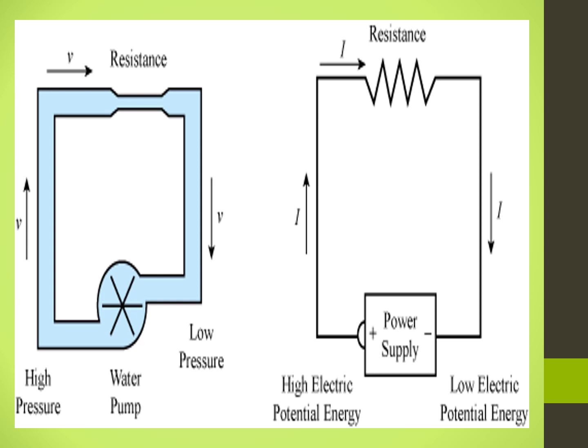where W is the work done. The SI unit of EMF is joules per coulomb, J C power minus 1,